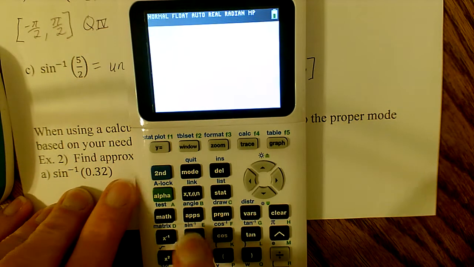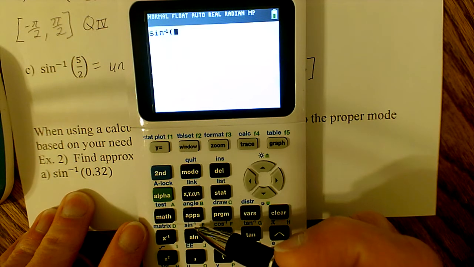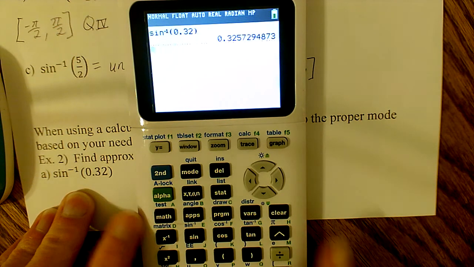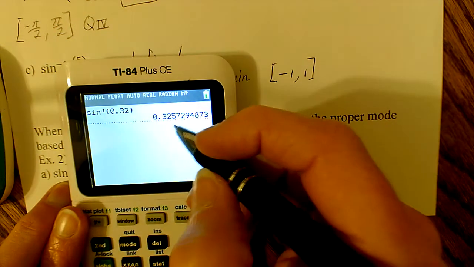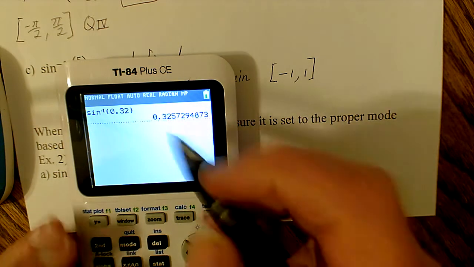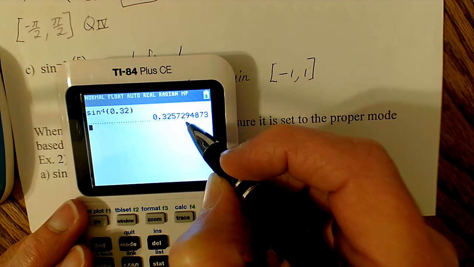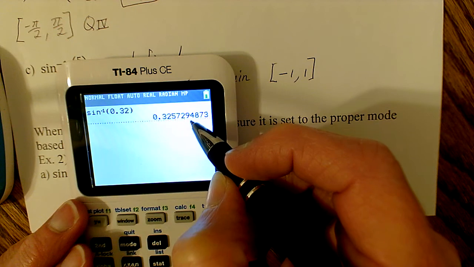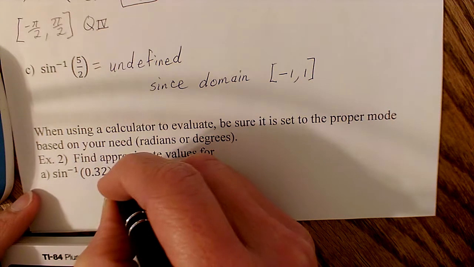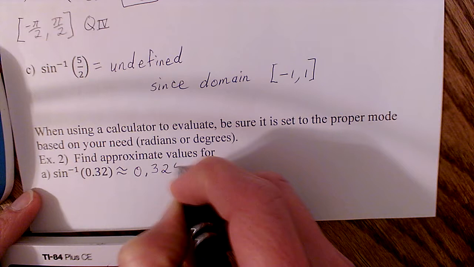So we want to know what's the inverse sine of 0.32 on my TI-84 here. I'm going to hit second and sine. That's sine -1, my inverse sine. Then I enter 0.32, and that tells me it's 0.325729, etc. So if I was trying to get this to 5 decimal places, then I would want to go out as far as the 2 and look at the next digit, the 9, and decide whether I'm going to go up or stay where I am. The 9's big enough that I need to go up. It's greater than 5. So this is approximately, I do the squiggly equals because this is not exactly equal to, it is approximately